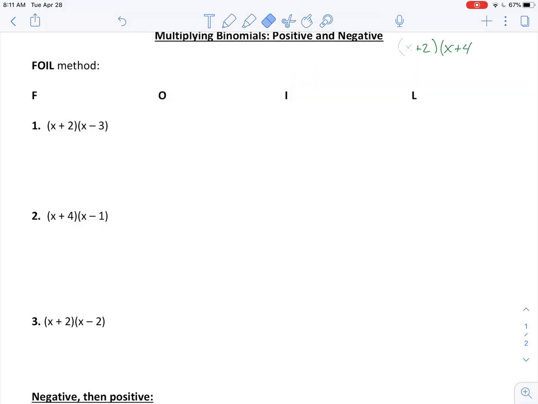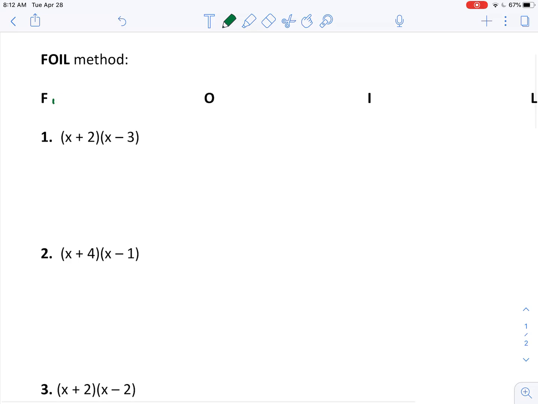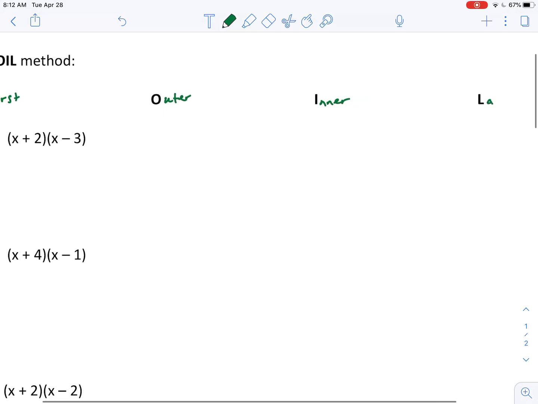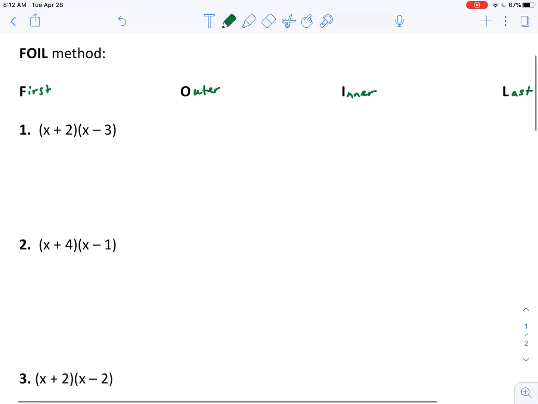Yesterday we talked about multiplying binomials using the FOIL method, and we're going to continue that today. But yesterday we just did positives, something like x plus 2 and x plus 4, things like that. But today we're going to take one step farther, and we'll do positives and negatives. But everything else is going to stay the same, so we're still going to have